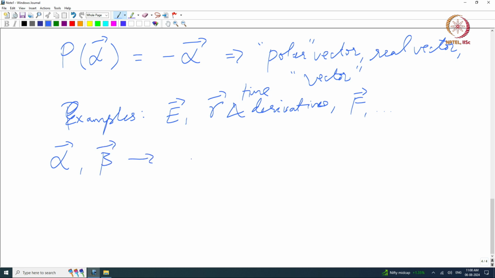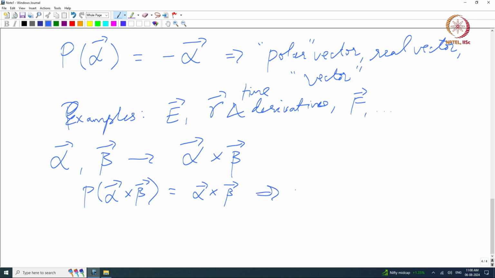I can always construct a cross product, and then if I apply parity on this, both alpha and beta flip sign, so obviously the cross product is not going to flip sign, right. So that says that the existence of polar vector implies the existence of, what is this called? Axial vector,